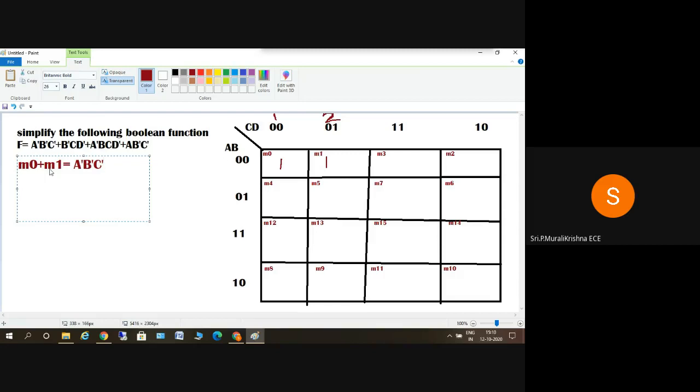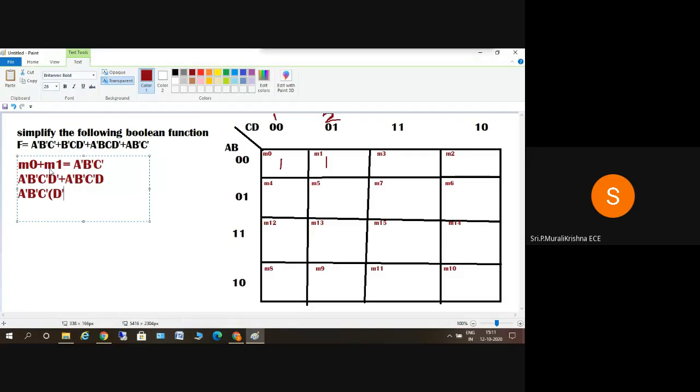Okay, so how does it come? So what is M0 generally? M0 is nothing but A bar B bar C bar D bar, because it is 0 0 0 0. And M1 is 0 0 0 1, it is A bar B bar C bar and D. So if I take A bar B bar C bar as common, I'll get D bar